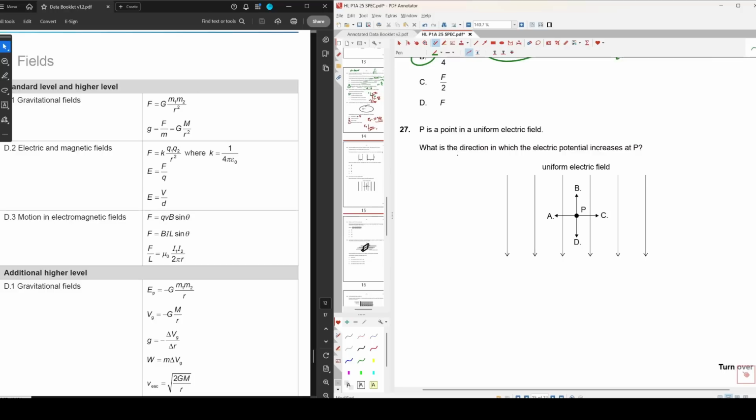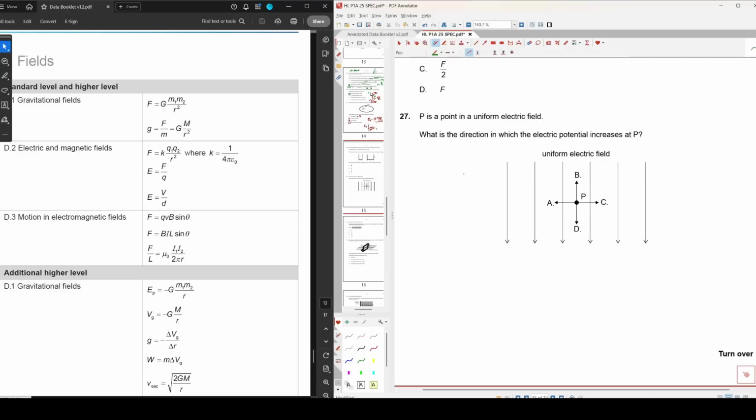Okay, P is a point in a uniform electric field. And what is the direction in which the electric potential increases at P? Yeesh. Who wrote this? What is the direction in which the electric potential increases at P? So which way do you have to go for the potential to be higher? Well,